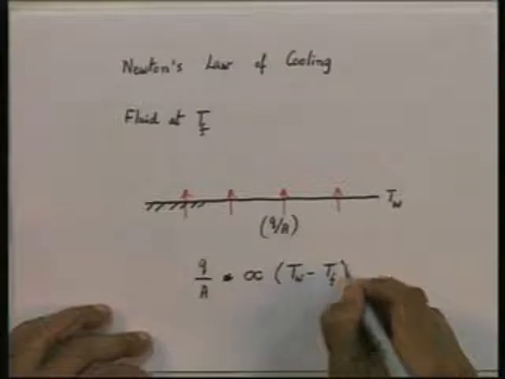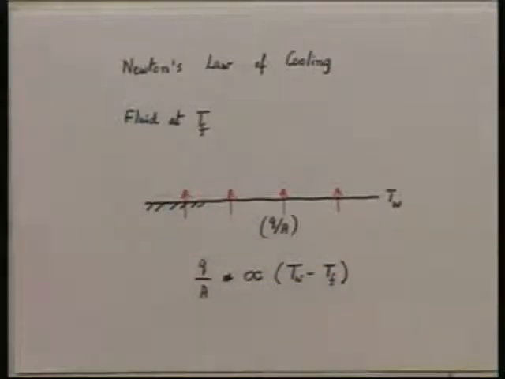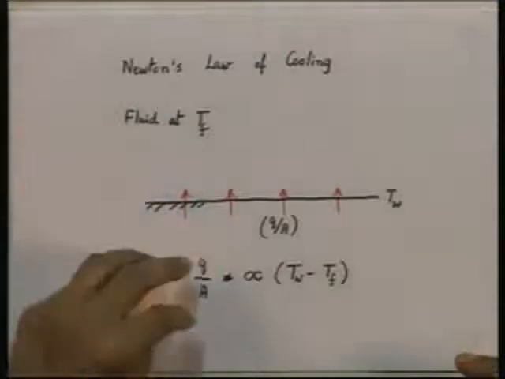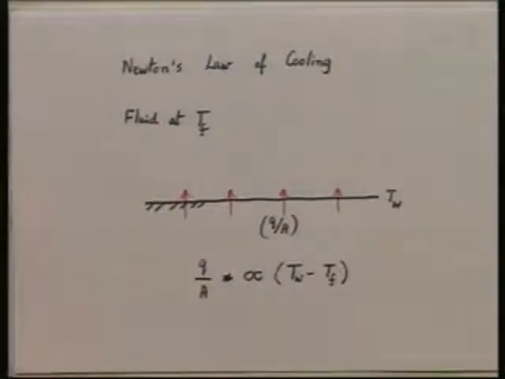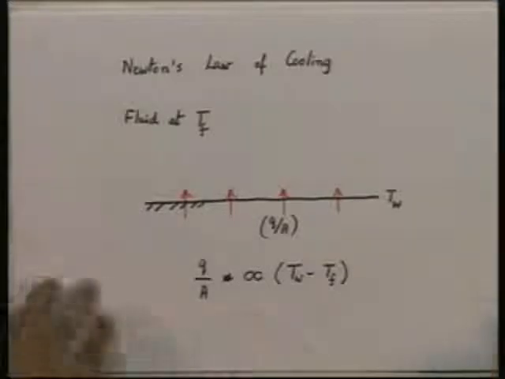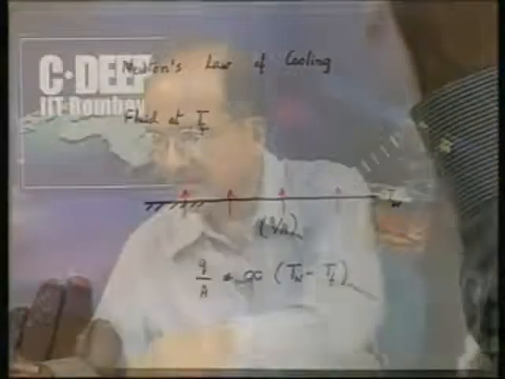Although it is called the law of cooling, because Newton did his original experiments on the cooling of spheres which were heated, really speaking the law applies either way. Heat may be flowing into the solid body or out of the solid body, it does not matter. The statement of the law is that the heat flux by convection is proportional to the temperature difference. Follow me? Okay. Now, if I remove the constant of proportionality, I get an equation, and the equation is of the following form.